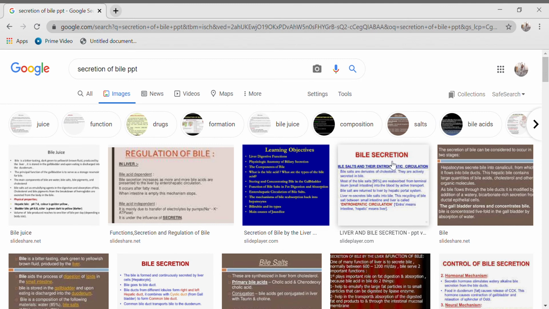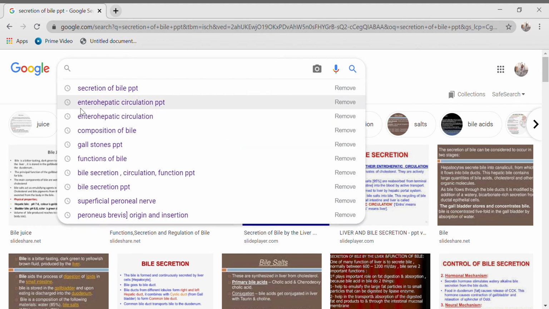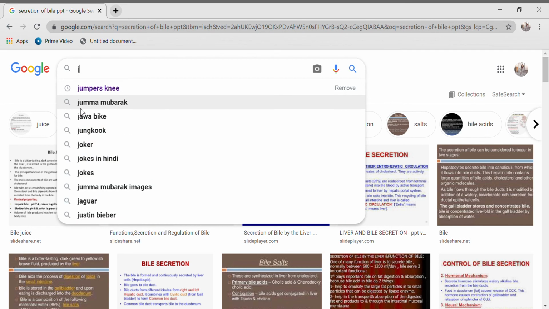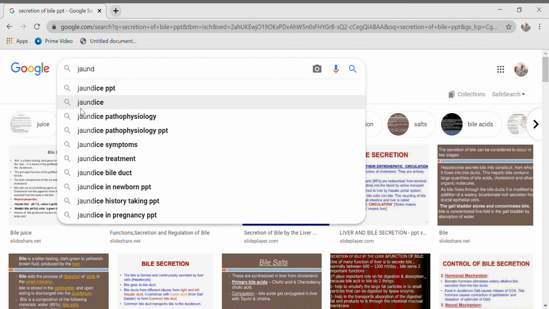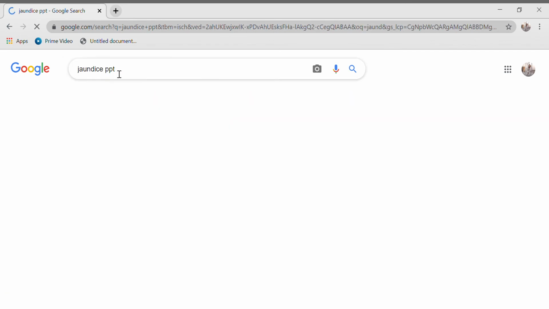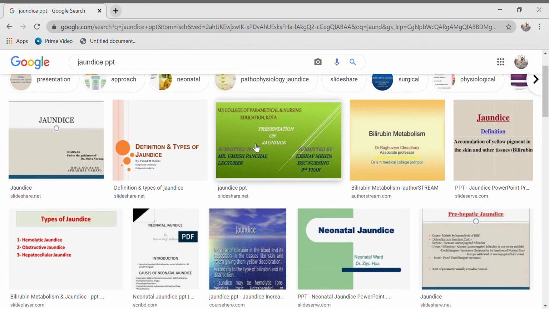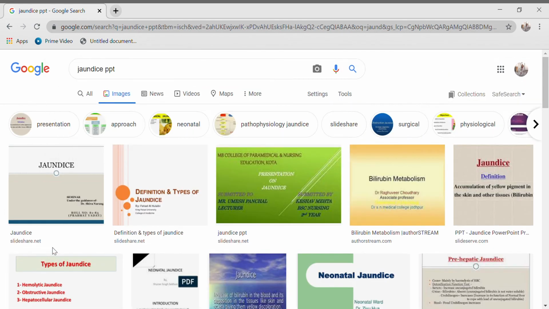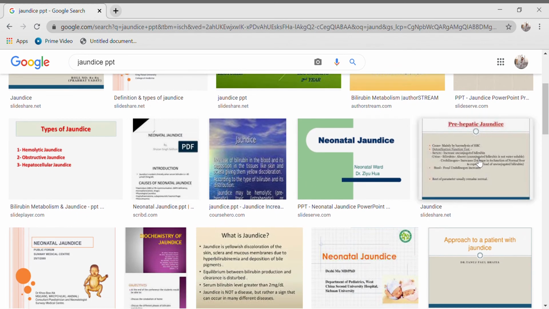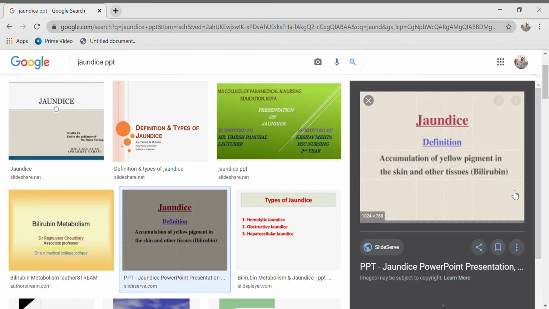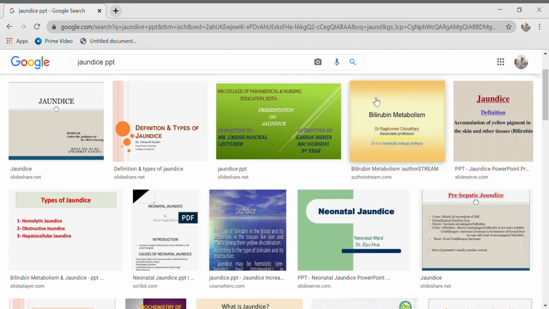And as an applied aspect, not only the gallstones, we have to learn about jaundice also. Jaundice is also a clinical aspect which comes under the hepatobiliary system. In the PPT, accumulation of bilirubin may be one cause of jaundice. Not only this, we also have several types of jaundice. The yellowing of the skin is generally the definition of jaundice. And you can see the types of jaundice.